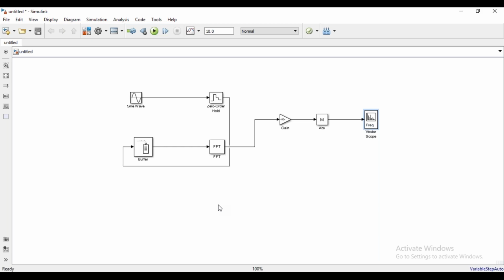We have dragged the components. We have initialized all the parameters corresponding to each of the blocks involved here. And finally, we will now run the simulation and check the output. Okay. Now, because we have taken a sine wave, and then you have discretized it and then given it for FFT, usually when you find the Fourier transform of a sine, you get impulse functions. Okay. So these impulse functions will be located at f plus fc and f minus fc. This fc is the value which you have defined there.